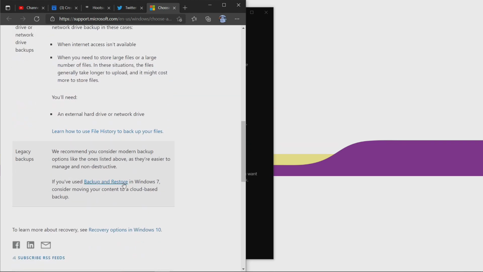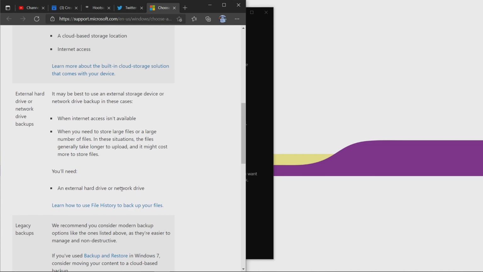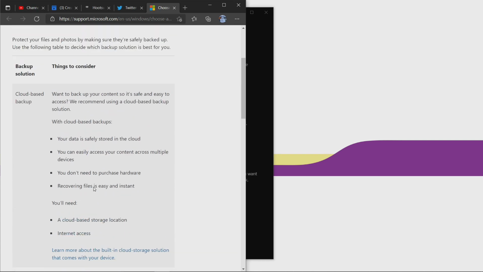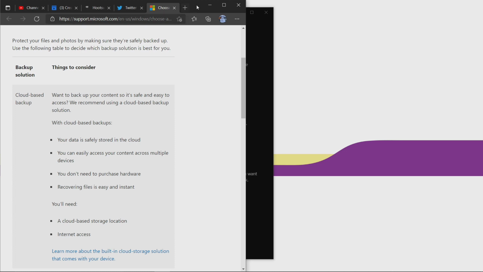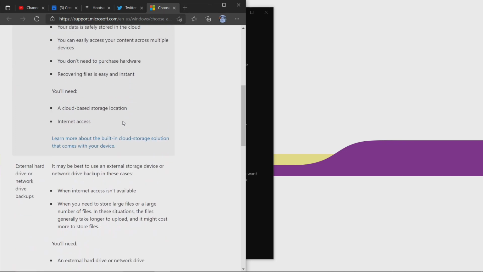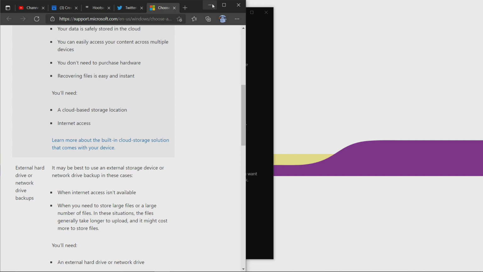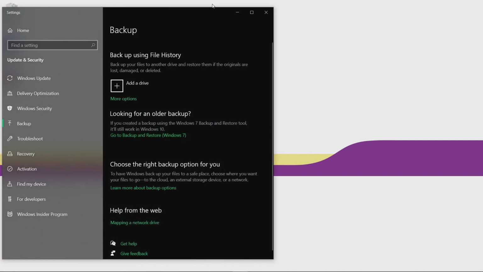Legacy, which would be in your hard drive and is not available on Windows 10. However, they do offer new options such as a cloud-based backup, where you can back up your files via internet storage, and also an external drive backup, which is the most secure as it's physical and you can ensure